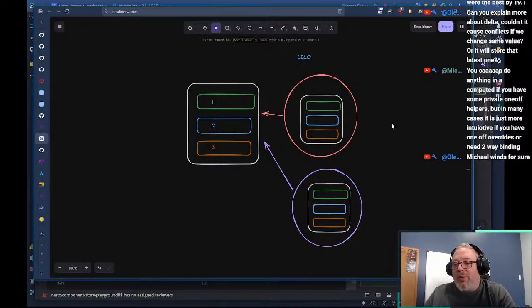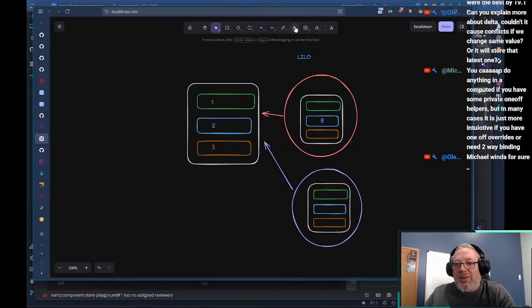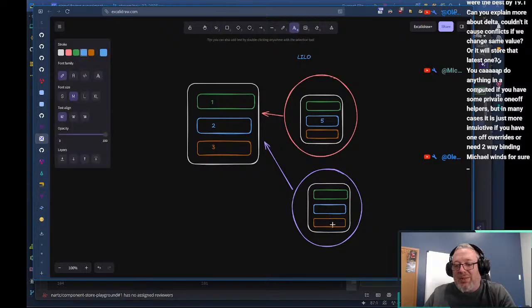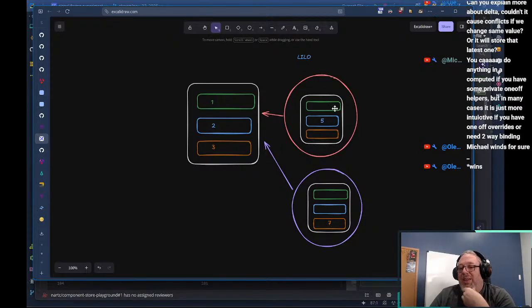And then I won't go through and fill everything out, but let's say here this one changes this one to like a 5, boom, and this one changes this one to a 7, and then the other ones are the same, right? When this goes back and we save, let's say this one saves first, for a while this will be 153, but then it changes to 127. This is the last in, last out, right?